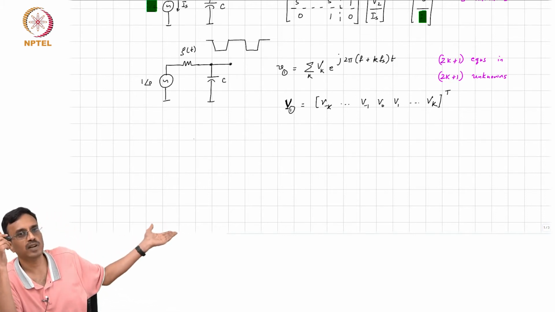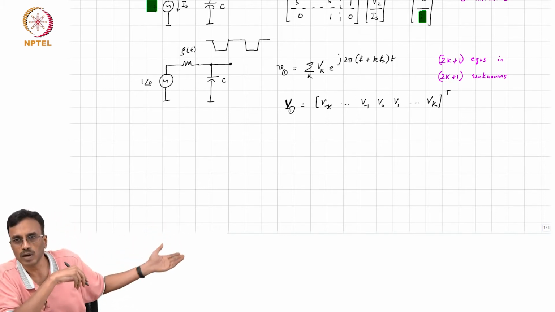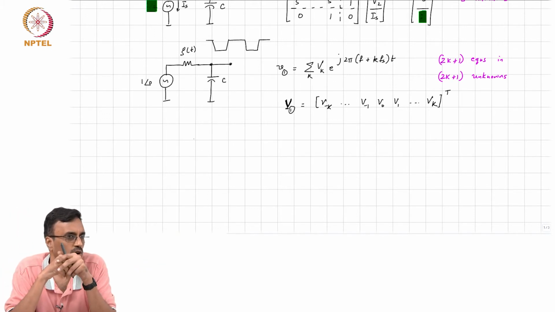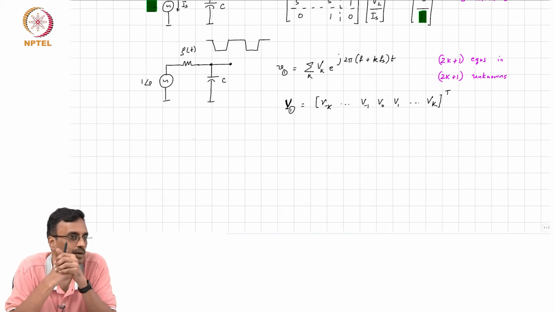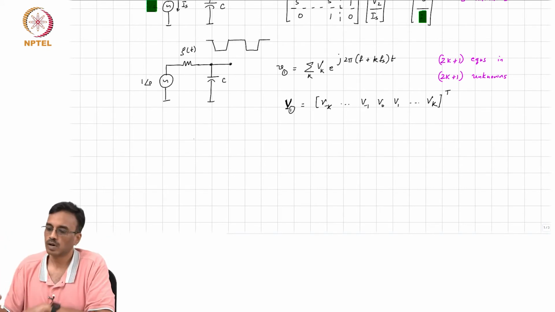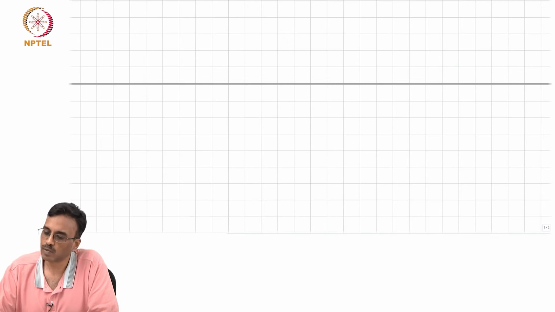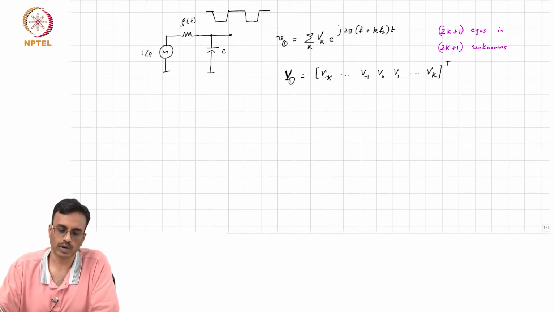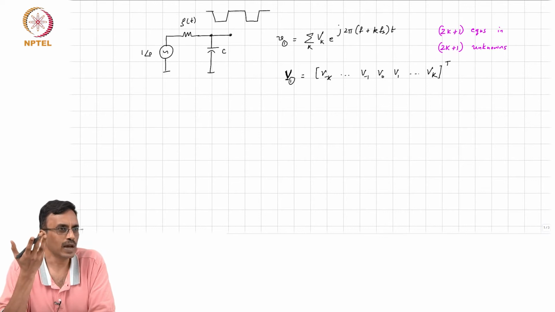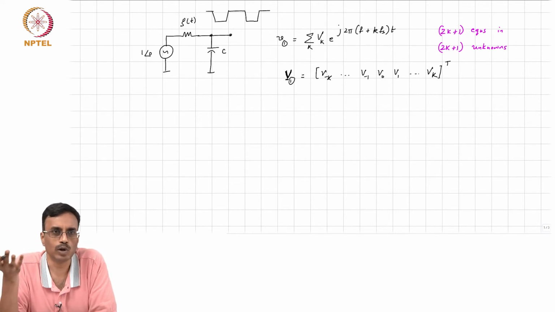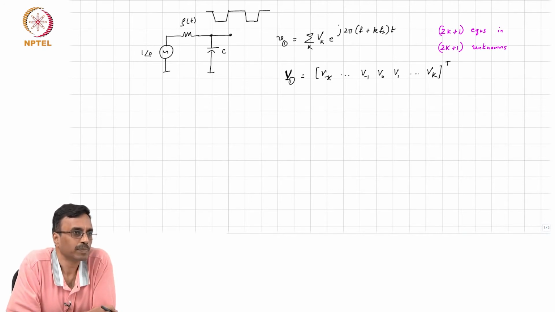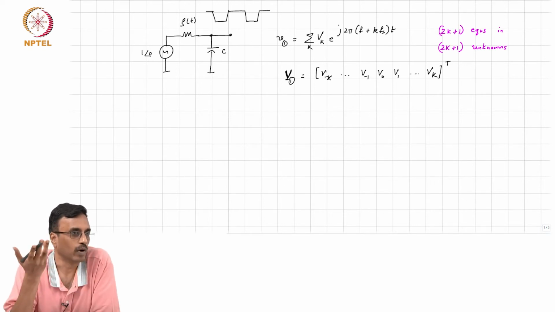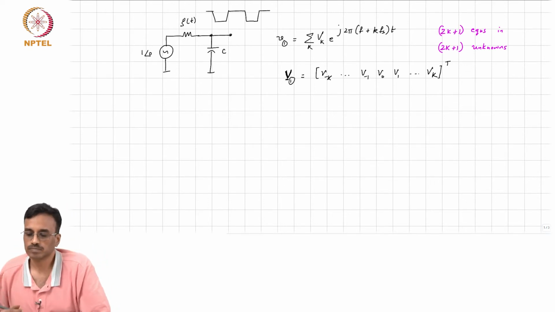It just so turns out that when you have a time varying network, even for a first order system, you need to go to a computer, right? That's how life is. So as far as we are concerned, we are more interested in figuring out how to write the equations in a systematic way, and we will be very happy if we are able to link it to what we did with the time invariant case, correct? So you don't want to learn a new set of rules now. Okay.